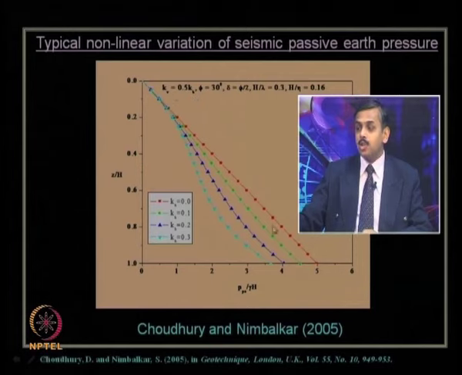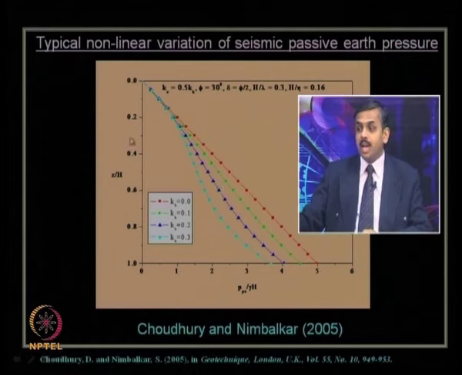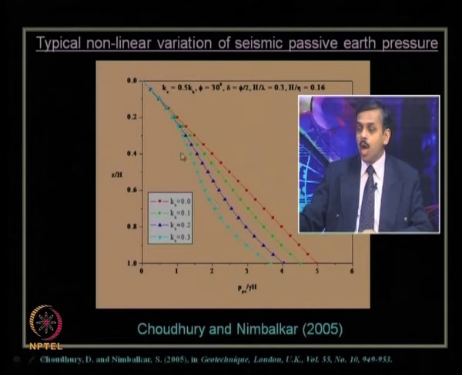So, this red line shows the passive earth pressure under static condition, and as the seismicity increases, as we know, the seismic acceleration can act in both directions, whether horizontal or vertical, but we have to take the critical value for the design. And what will be the critical value for the passive case? It will be the minimum one, and the minimum one is nothing but it should reduce with increase in the seismicity, right.